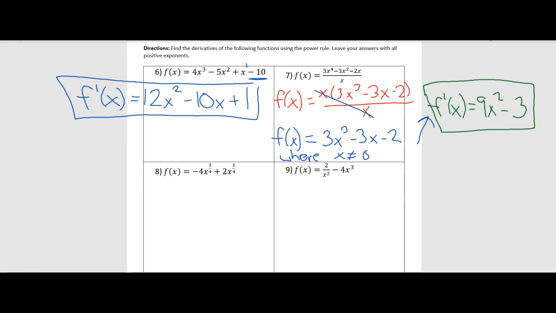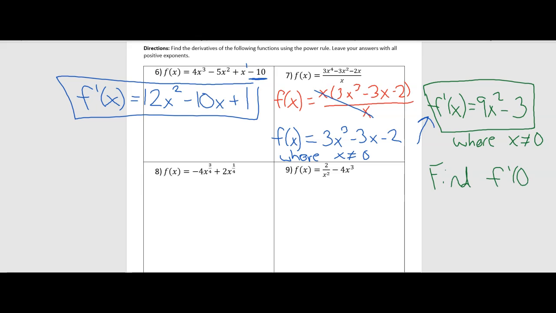The final thing we should do is just make sure that we know that this derivative is good as long as x does not equal 0 again. So where x does not equal 0. Because we can't have a derivative exist if the original function is not continuous. And the original function is not defined at x equals 0, so it's not going to be continuous at x equals 0. You just don't want to have something like a question where it says find